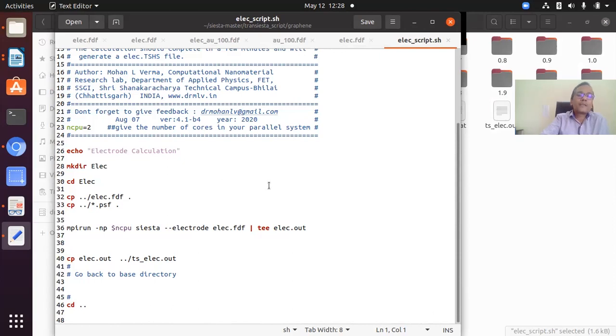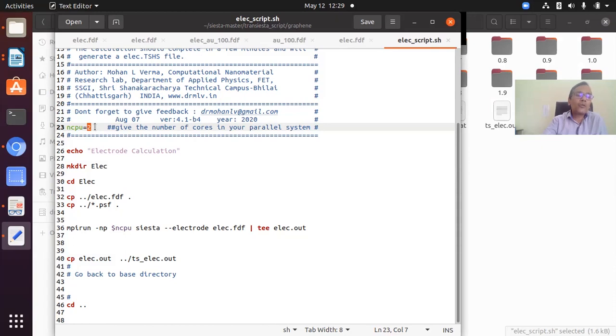Before that, I compiled the transistor by using the script mentioned in my last video. That was for system 4.1 B4, and I just used the make file and compiled the system and transistor for 4.1.5. So I have the system binary file available in my bin directory, and that's why this is the command. On my laptop only 2 cores are available, so here I have mentioned 2.